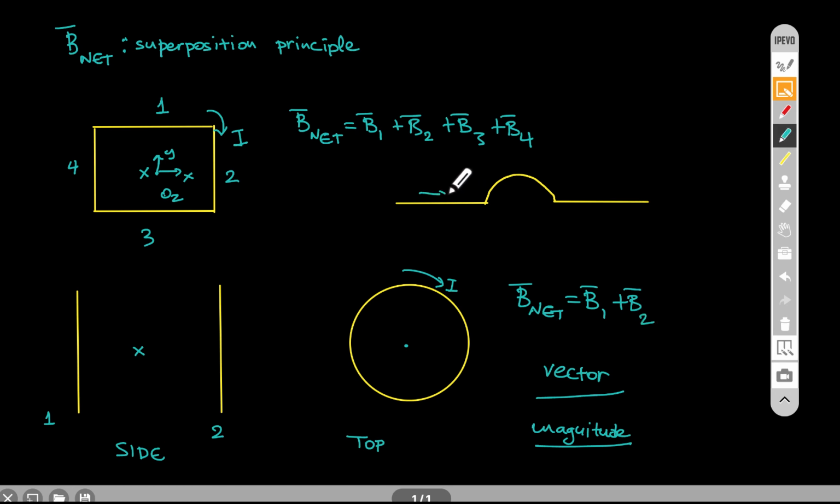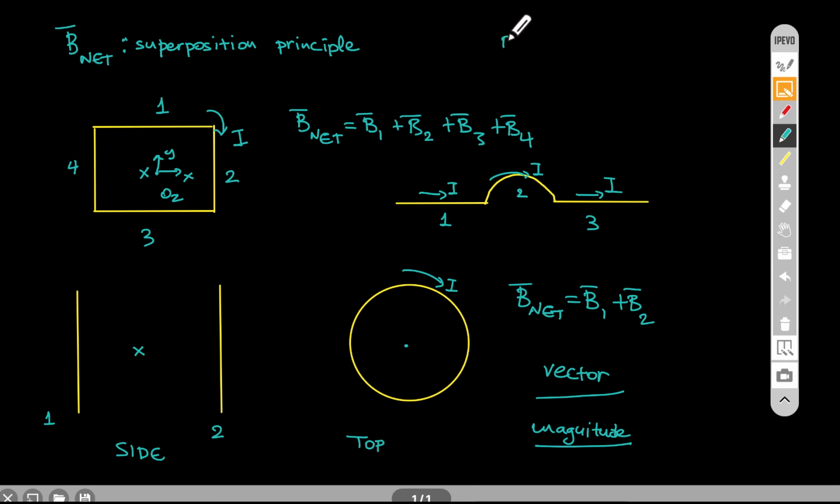So we got a current going on, this is I, and then it goes this way, and then of course it goes that way. What we will do, as before, we can divide this into pieces 1, 2, and 3,